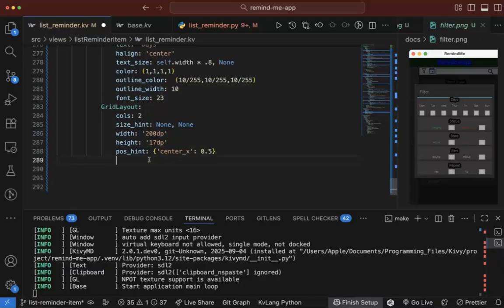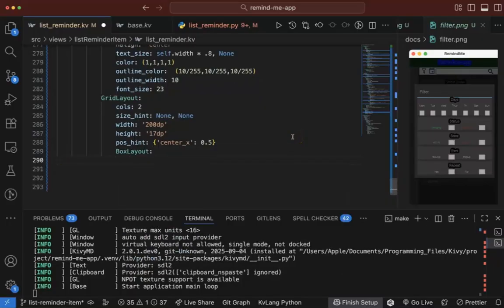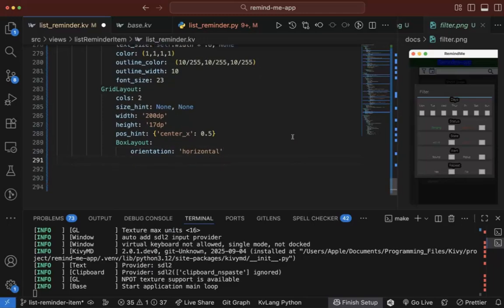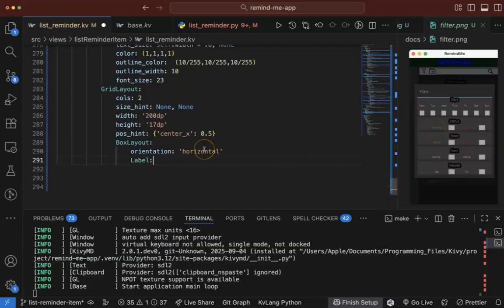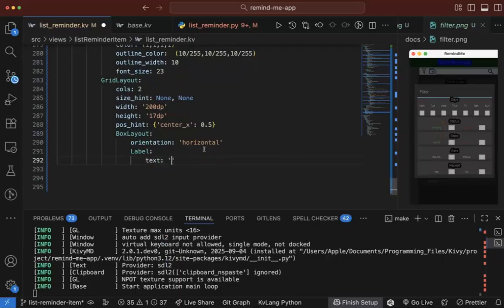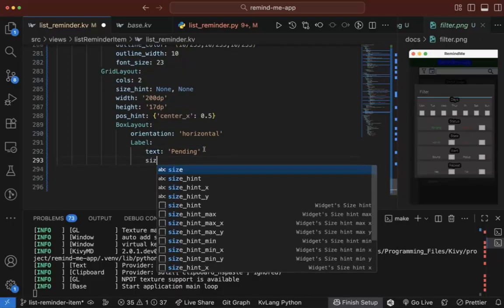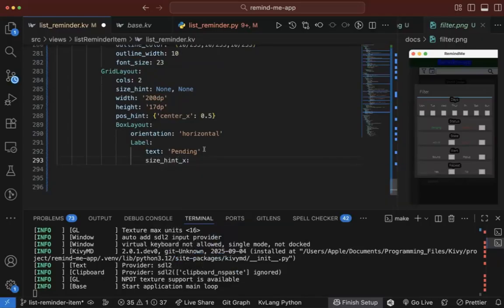All right, and let's see, here the first one will be a box layout, so we're gonna say box layout, and the orientation of course is gonna be horizontal. And here we can say the first one will be a label, the label pending, so we will say text here will be pending, and let's say the size hint x will be 0.8. Okay, so we will have a box here, and the label is going to occupy a width of 0.8,